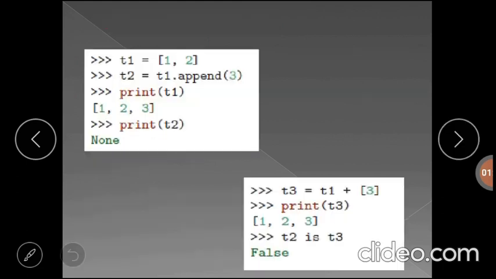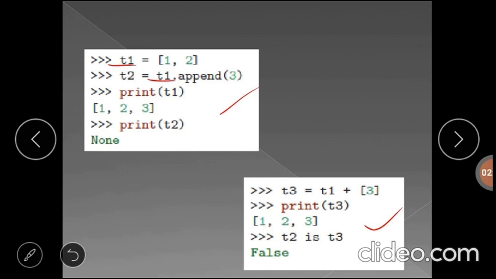Here we have two examples. In the first example we are using the append function, and in the second example we are using the plus operator. In the first example we have the list T1 with two elements, 1 and 2, and we are appending a new value 3 to T1 using the append function.